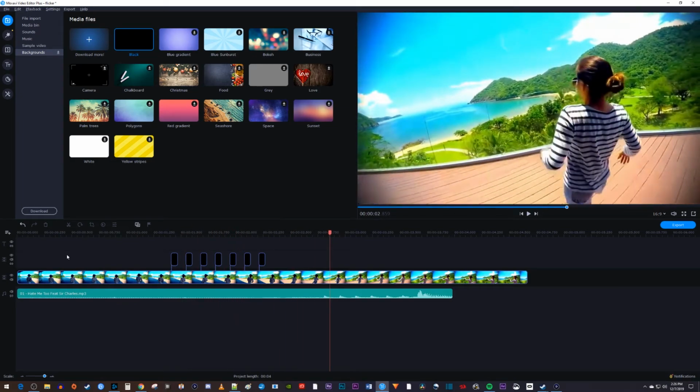Keep in mind that you can flicker other media on top of your track, like images or another video, instead